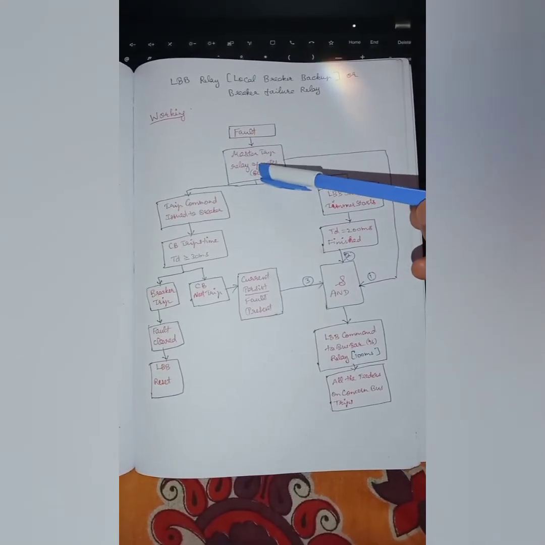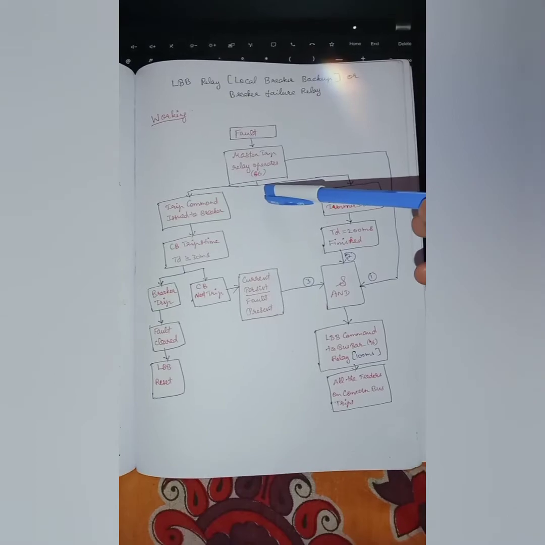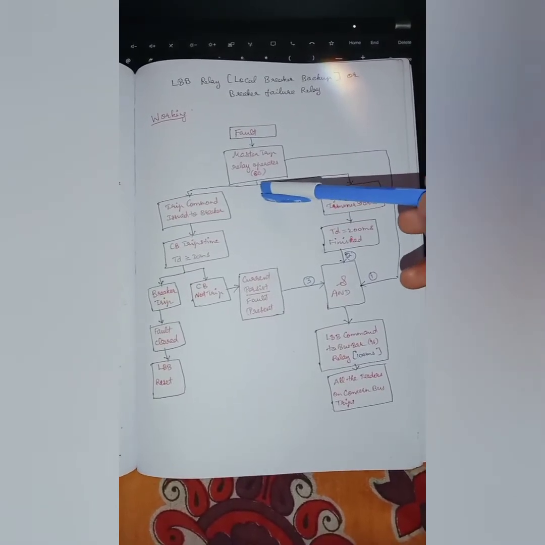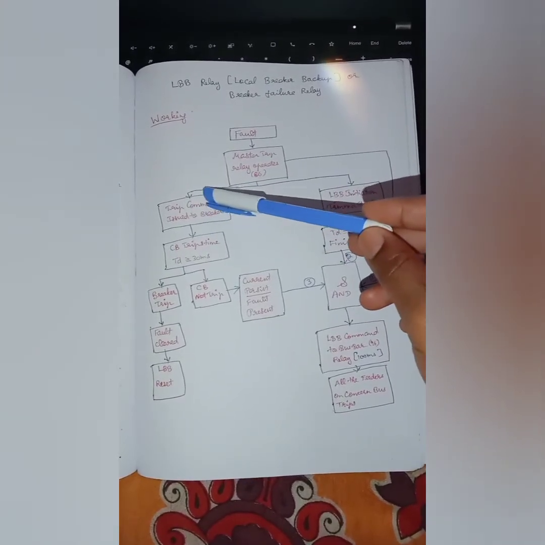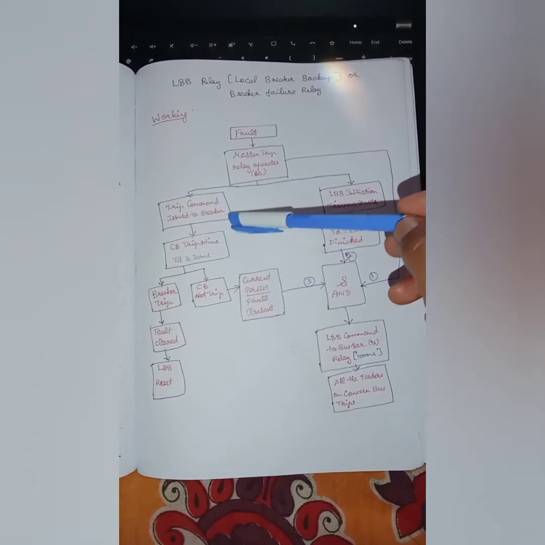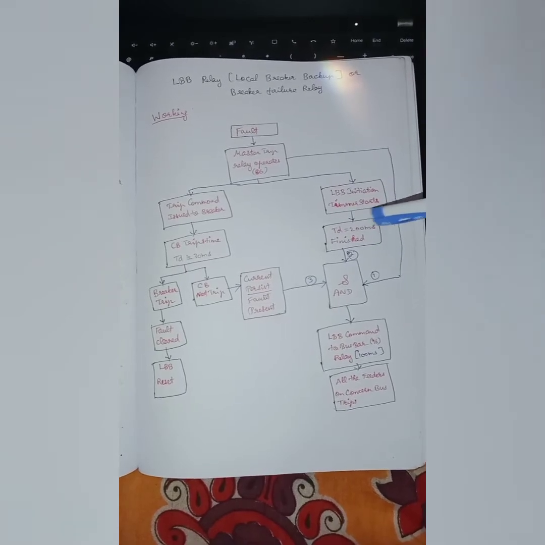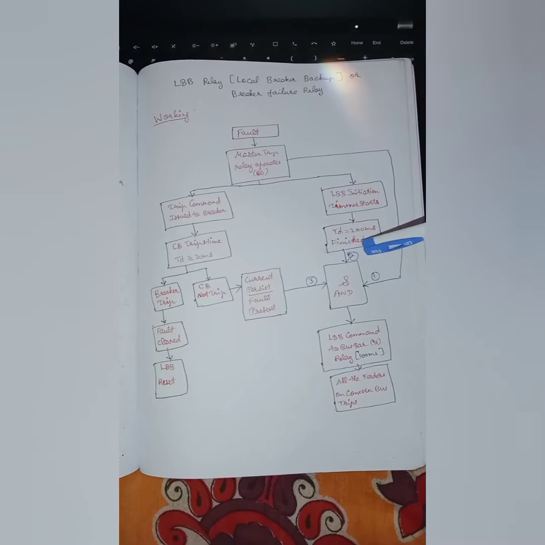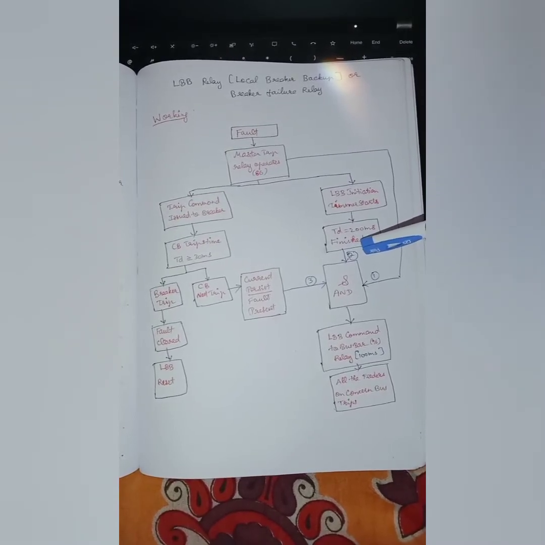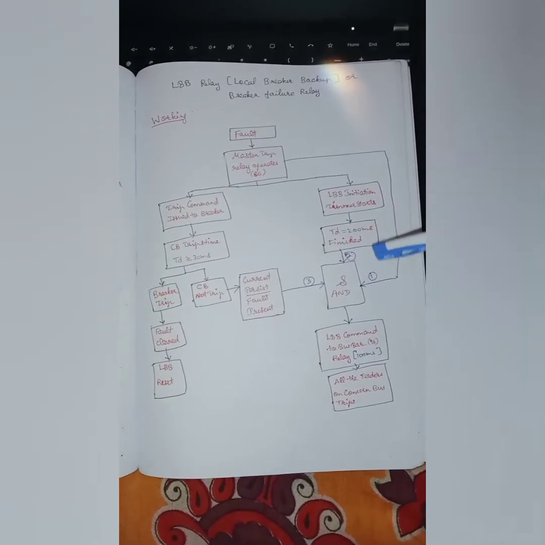Automatically the master trip relay is connected with your trip commands, and other relays will also initiate some trips from it. So in this case we have two types of condition. One is the trip command issued to your breaker, and also in parallel the LBB timer will initiate. The timer is set as TD equal to 200 milliseconds, for a minimum current like 200 amps as your primary setting; you can keep it.